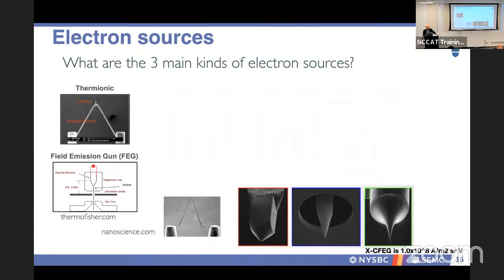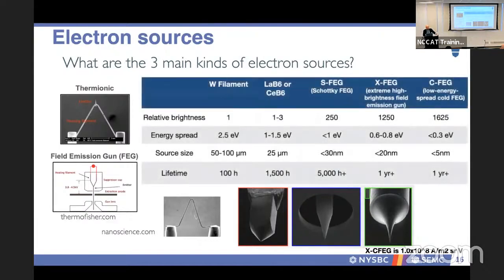So what you see in the bottom row again are examples of a tungsten filament. I don't know if this is a cesium or a lanthanum hexaboride crystal in red. In blue and green are both field emission gun tips. You might hear things like SFEG, XFEG, CFEG. So SFEG is a standard Schottky FEG. So this is a thermionically assisted field emission gun